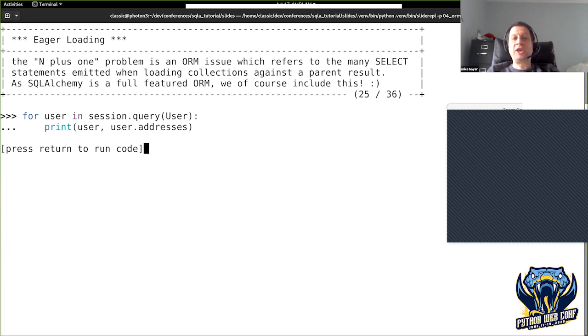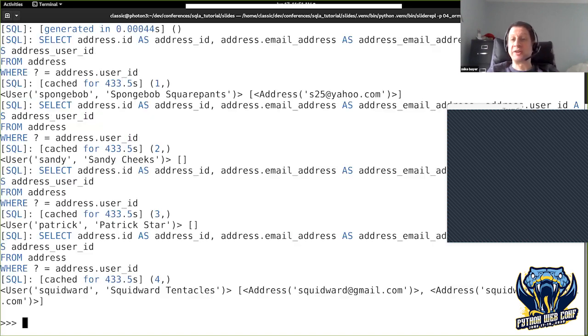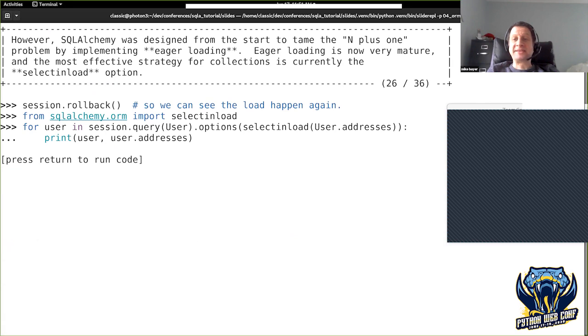Next section, eager loading. So here's the thing when you read about ORMs, why you should not use an ORM: they'll say the n+1 problem means that because you're lazy loading a collection, if you load a lot of objects and then access all the collections, you get a lot of queries. So if I load all the users and hit all the addresses, you get lots of queries. And it's slow. Eager loading means that I can tell the ORM, hey, load all of these collections in one shot for me,